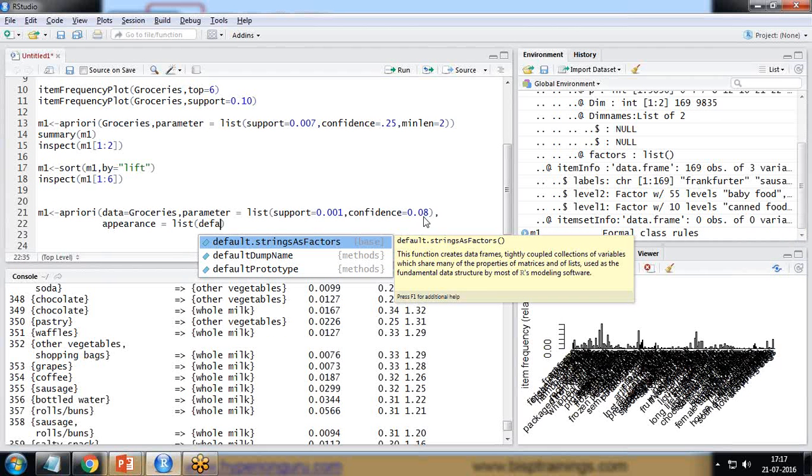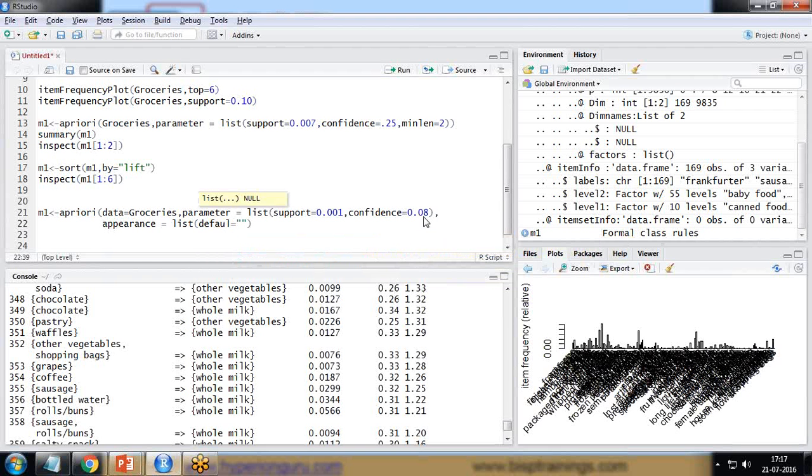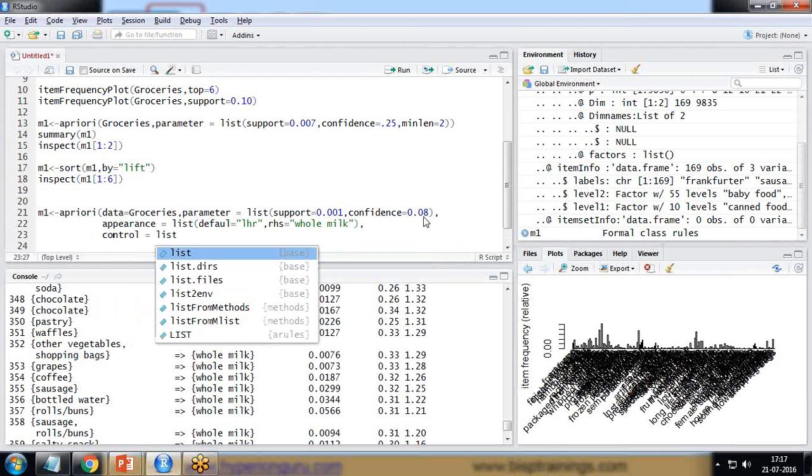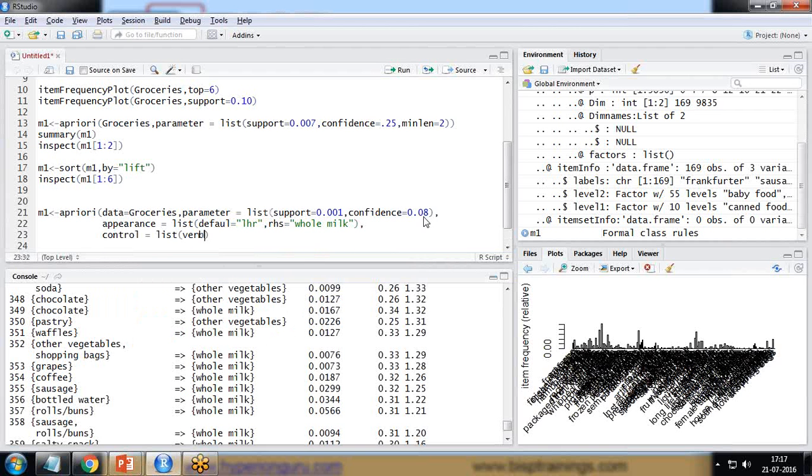default is equal to, so the left hand side will be default, and for the right hand side I want to bind it with whole milk. So I stick with whole milk. I want to find out, with whole milk on the right hand side, what other items would be purchased on the left hand side. Control is equal to list, and verbose is equal to,